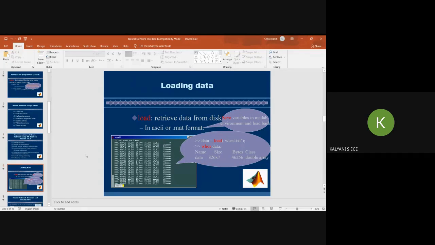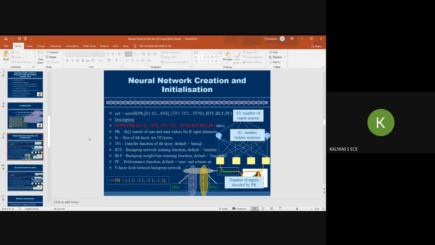So this is loading data, and as ma'am said, she has taken the Fisher iris data. It's a data set where you will have the information about the sepal length and width of the various flowers. All this information has to be loaded into MATLAB. So first you have to load that input here, and then you have to create